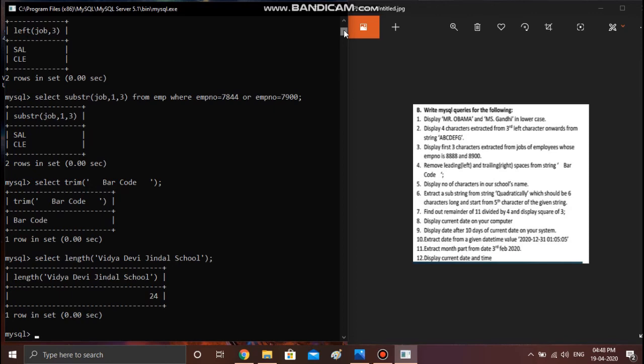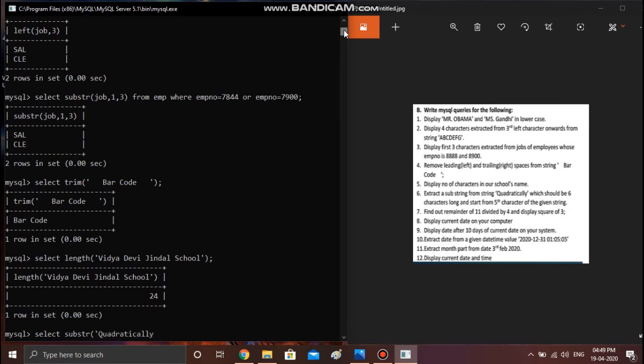Next we have extract a substring from string quadratically, which should be 6 characters long and start from 5th character of the given string. So select substr quadratically.